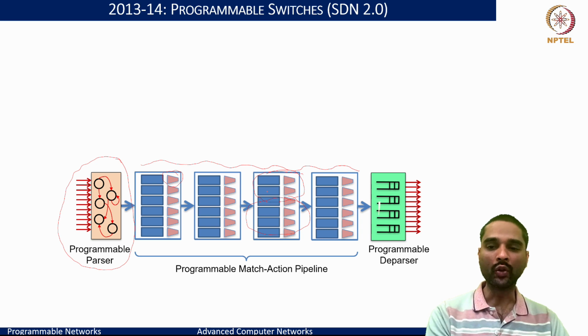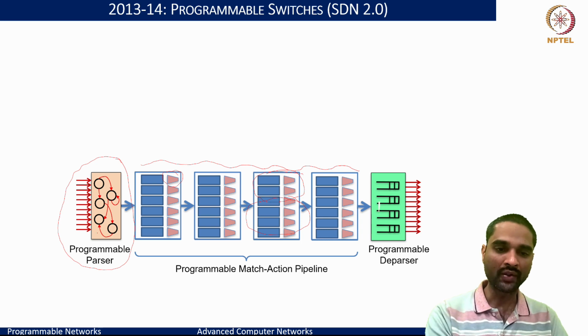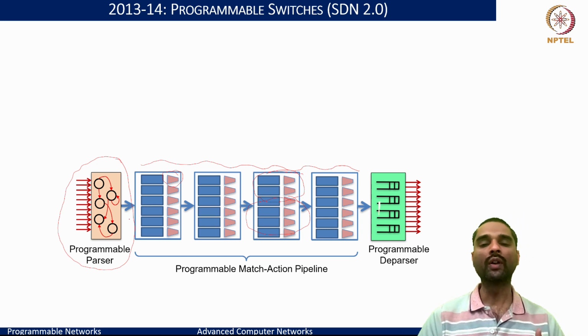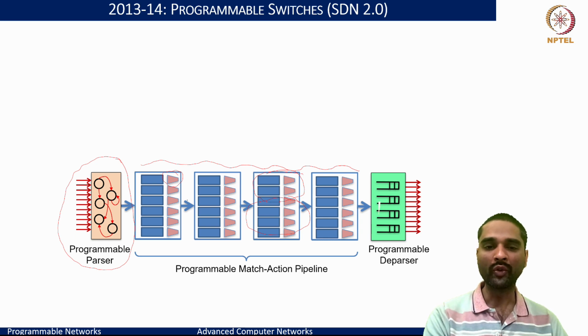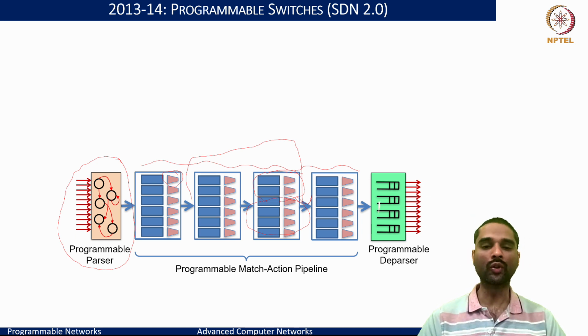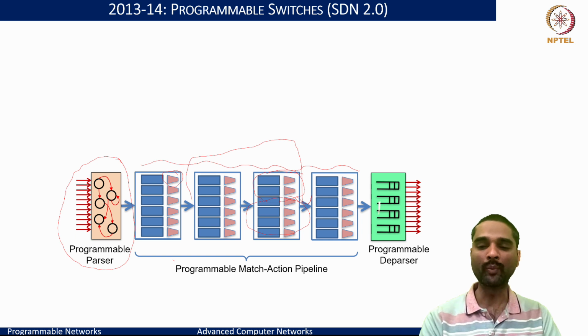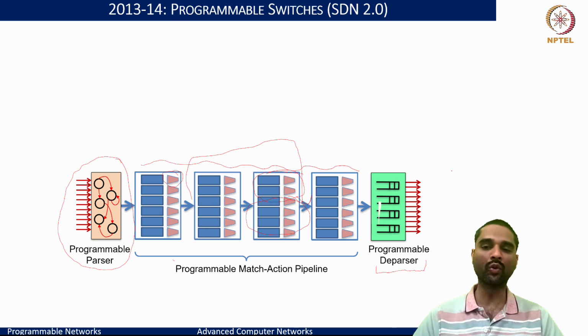That means end to end, when we look at what headers we want to match and parse, that's the programmable parser. And what kind of actions we want to take, how we want to pipeline and process any of the packets, we want full control over that, and that also needs to be a programmable match action pipeline. And once we do take specific actions, how we want to deparse, or basically assemble back the packet and emit the packet out on a given port, the control should also be there on all of these entities. And this was exactly the vision of programmable switches.